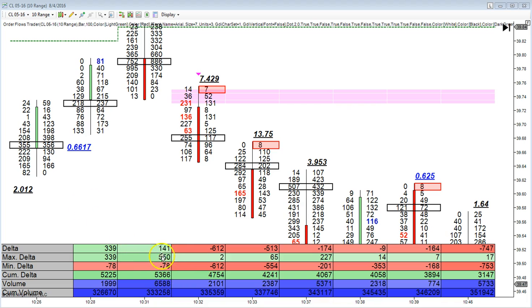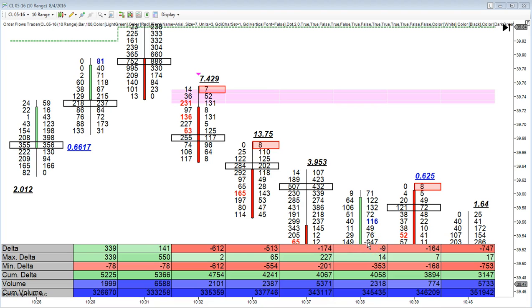Say for example, you see 600. Now that's a big number. 500 is also big. Numbers like 141, 174, 164 are kind of average. Something like -9 is very small. There's not much difference. You're talking a difference of 1 trade when you have a delta of -9. So when I see it as kind of small, close to 0,